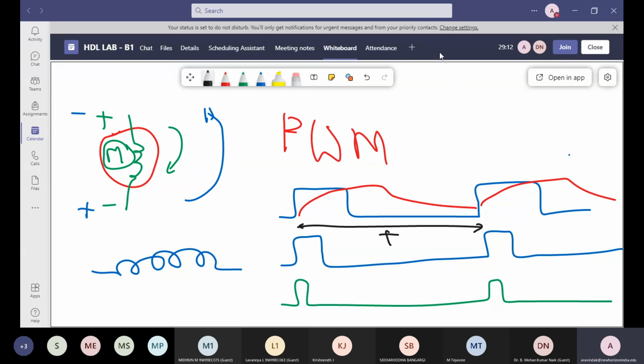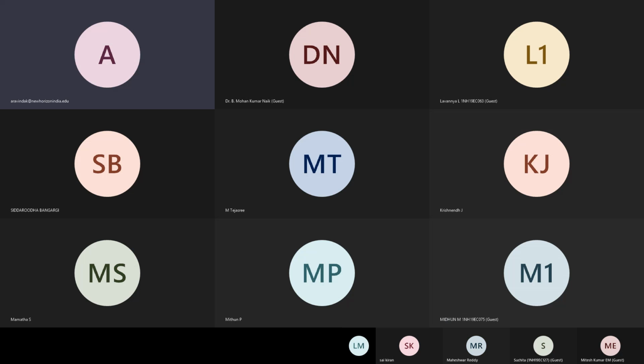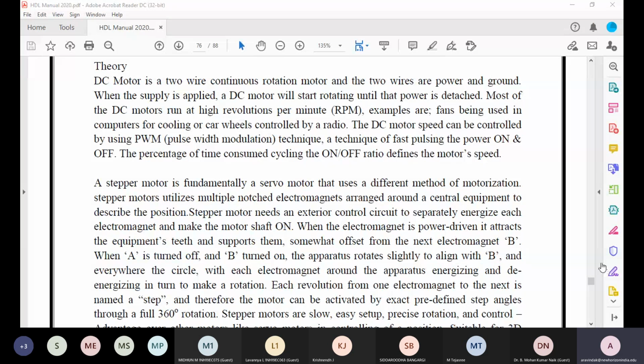Okay, if there are no questions, let me stop presenting this whiteboard and let me come back to the lab manual. So I discussed this DC motor speed, which is being controlled by means of the pulse width modulation technique. So in our code we will have 2 signals now. One is for direction and one is for controlling the speed, and for that speed we will give many values there. When I come to discuss the code, I will tell you.